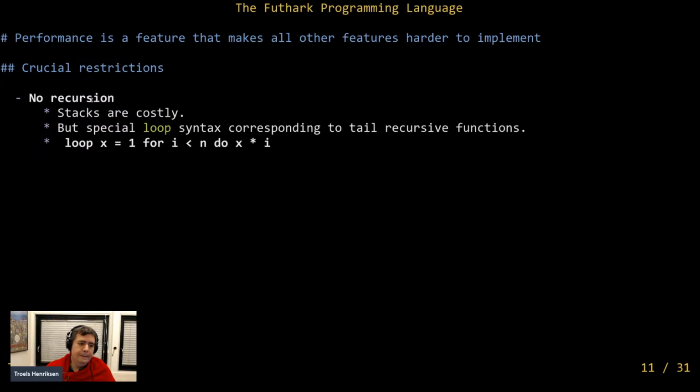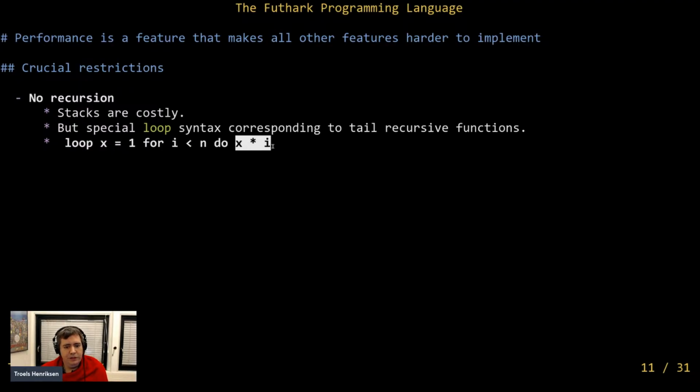Now, because sequential iteration is kind of important, we do have a special bit of syntax that corresponds to a tail recursive function. That is, those functions that are recursive but don't need a stack to be recursive, where they just call themselves. So this is a notation. It's not super important for the rest of the presentation. You have some loop parameter x. It is initially 1. Then n times you run the loop body, where x is the parameter, so it has some value.